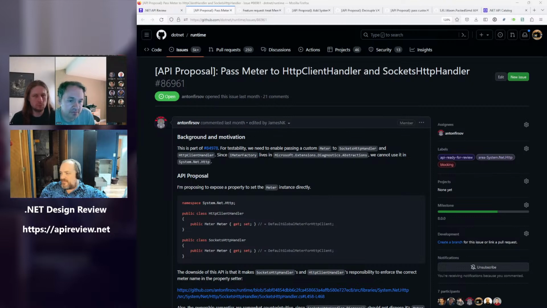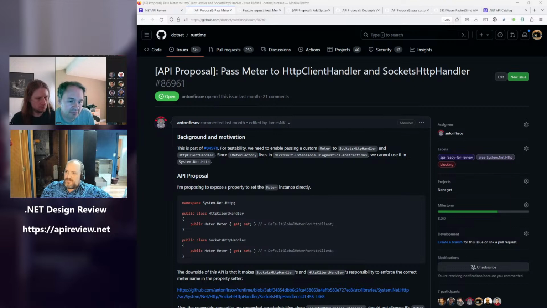If in the future we want to add meter support to DNS, that would probably be System.Net.NameResolution or System.Net.Dns, or it would be some other thing. It certainly wouldn't be System.Net.Http. Right. HttpClient, HttpClientHandler, SocketsHandler use DNS and use SSL and use everything else.